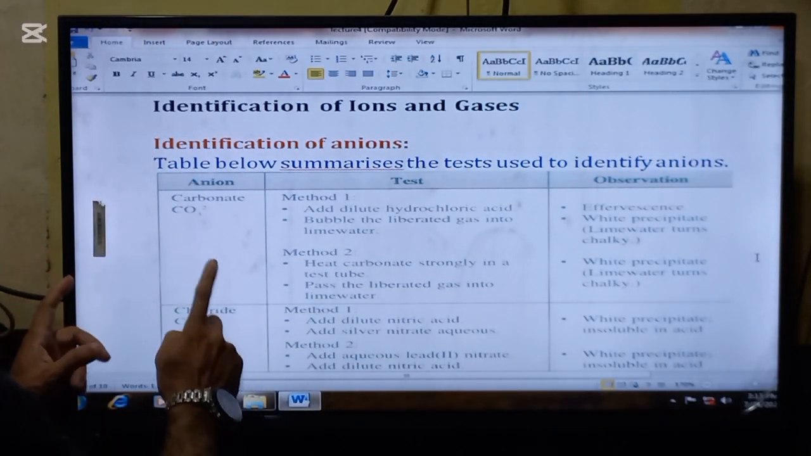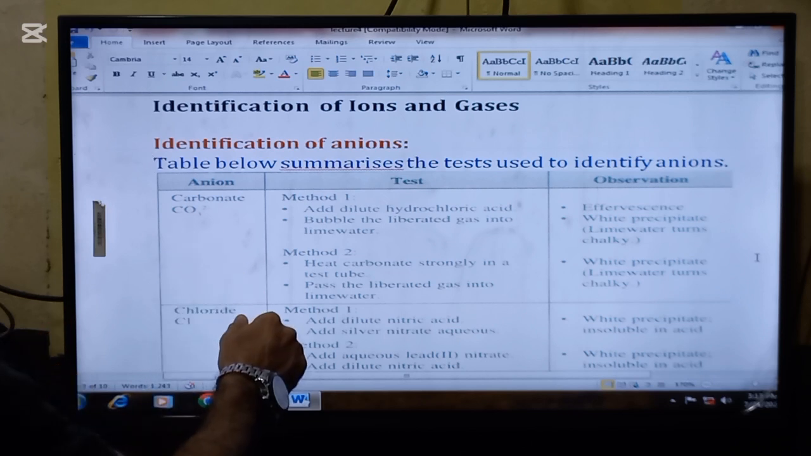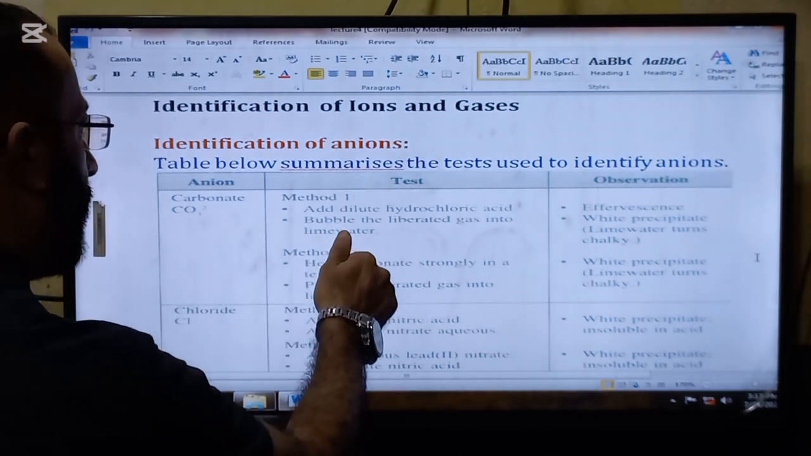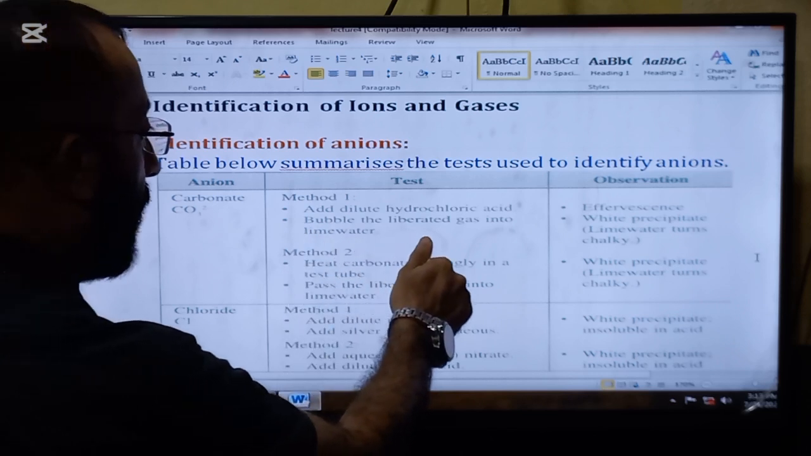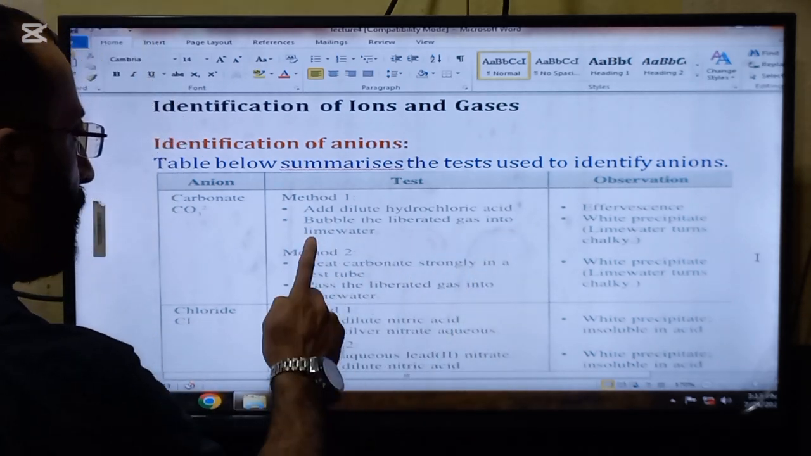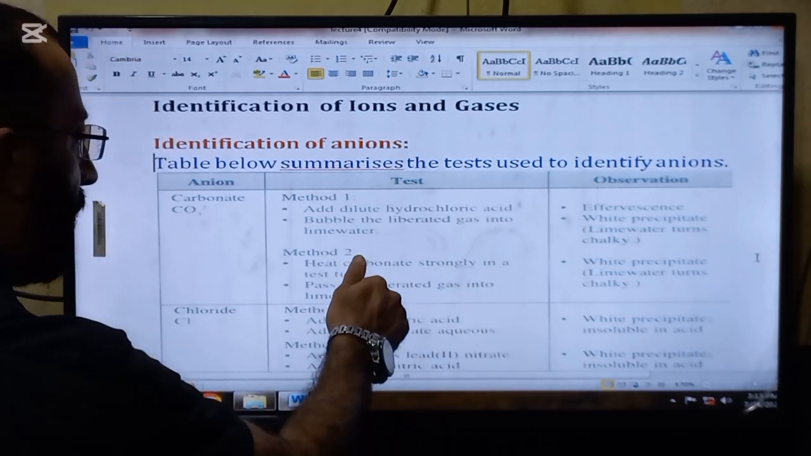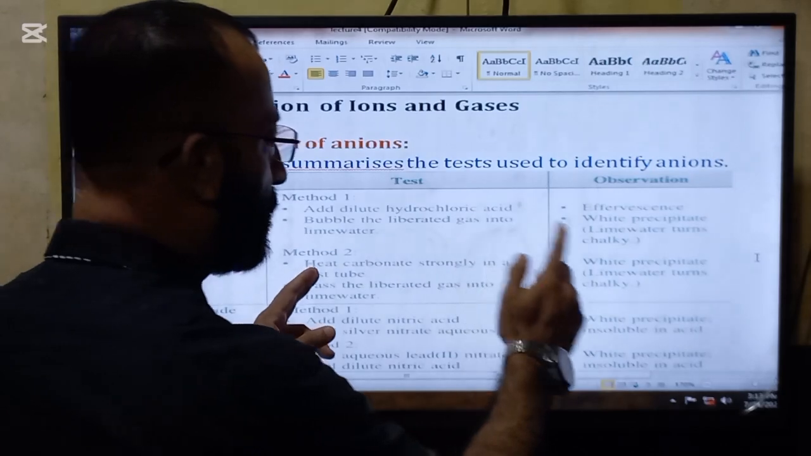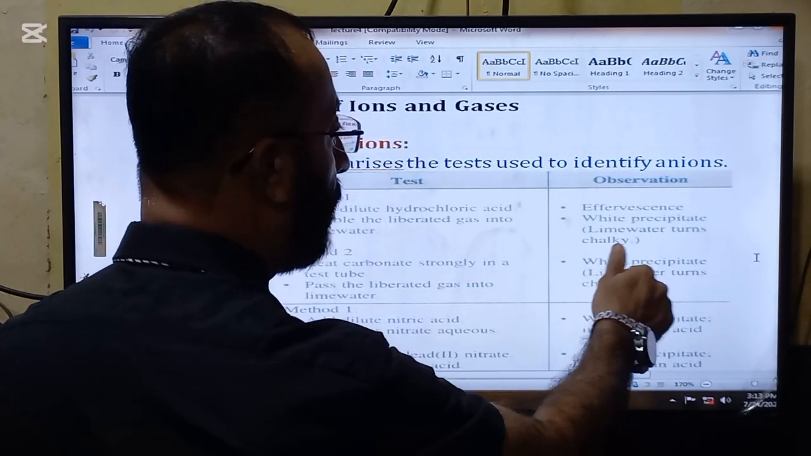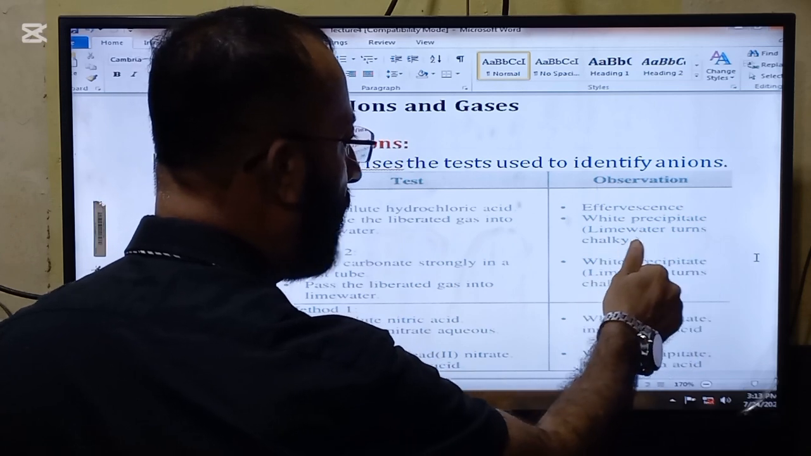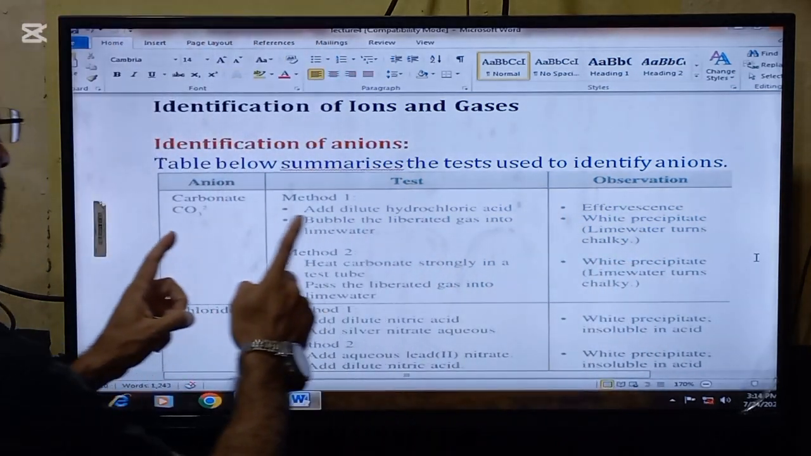So if the anion is carbonate, that is CO3 2-, the test is method number 1. So there are two tests actually. Method number 1: add dilute hydrochloric acid, and if bubbles are liberated, pass the liberated gas into the lime water. If the observation is effervescence and a white precipitate is formed and the lime water turns chalky, so that will be the sign that the anion